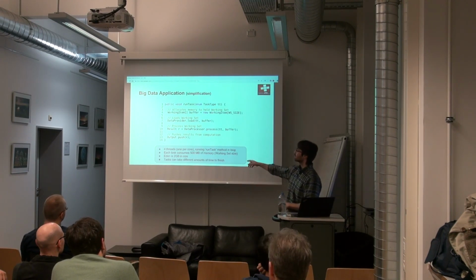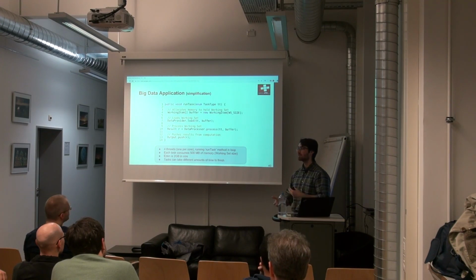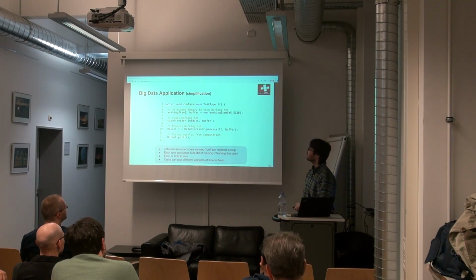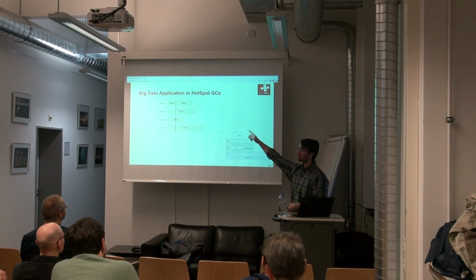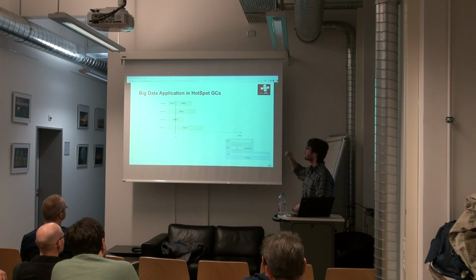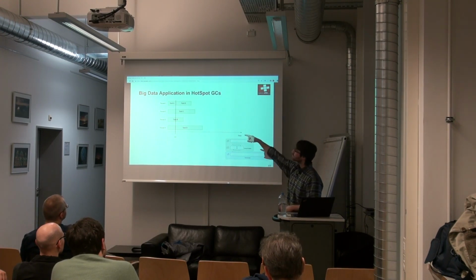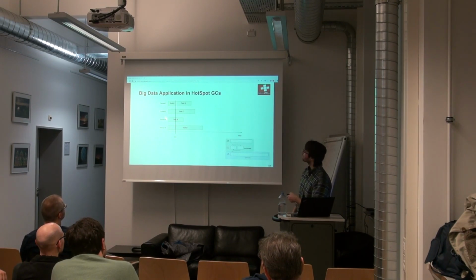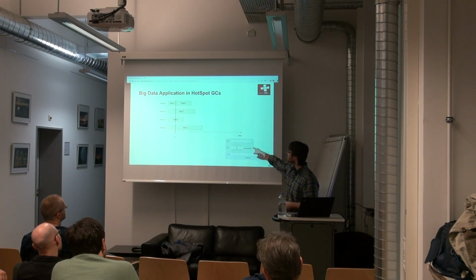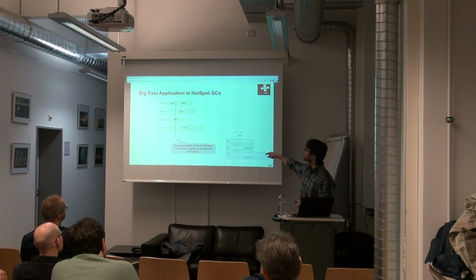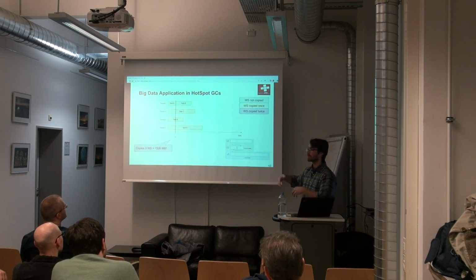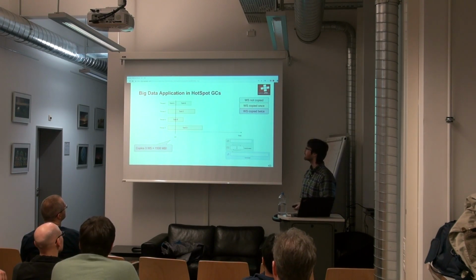And to make this more interesting, let's assume that tasks can take different amounts of time to execute. So this could be the task distribution along time. Horizontally we have time flowing, and vertically we have the timeline for each thread. When the first thread finishes task A, it needs to allocate more memory. Since we already have 4 tasks in the eden space, we have to do a GC, and this GC will have to copy data around. So basically we have to copy 3 working sets, which is roughly 1.5 gigabytes of data.